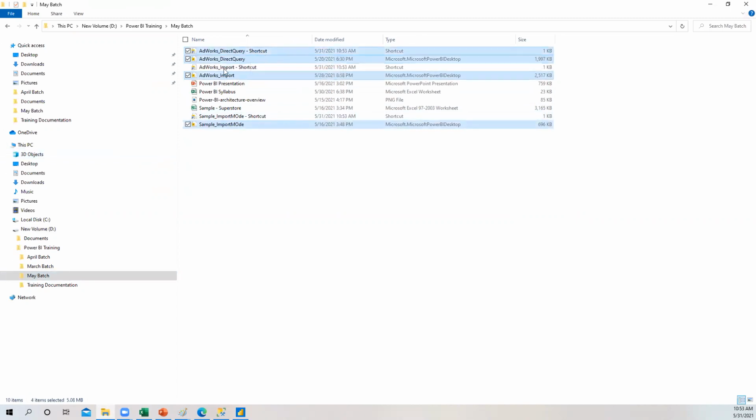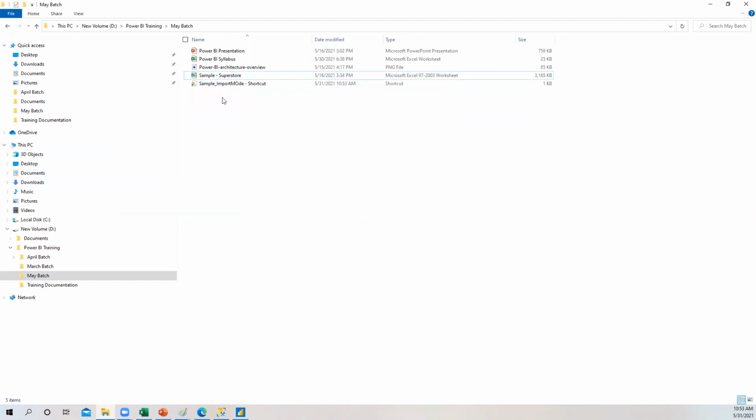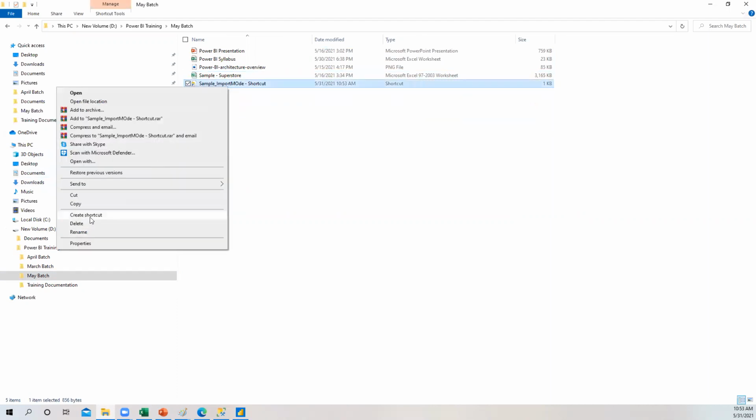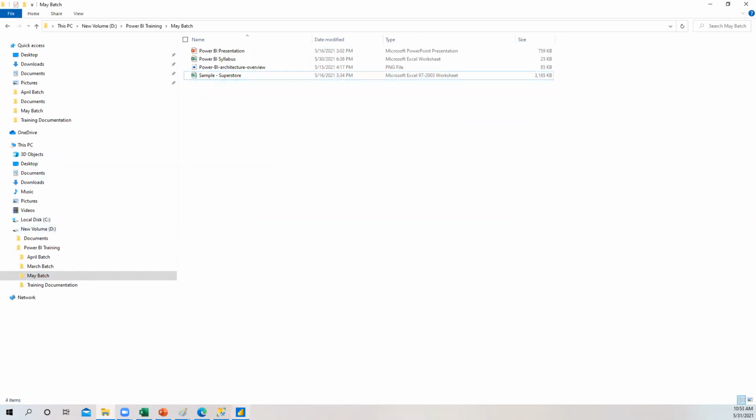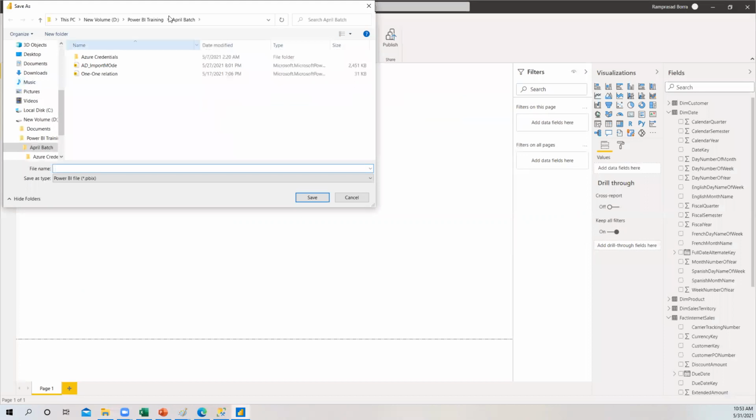Okay, let us save this file. I'm saving it to this folder as AdWorks_import mode.